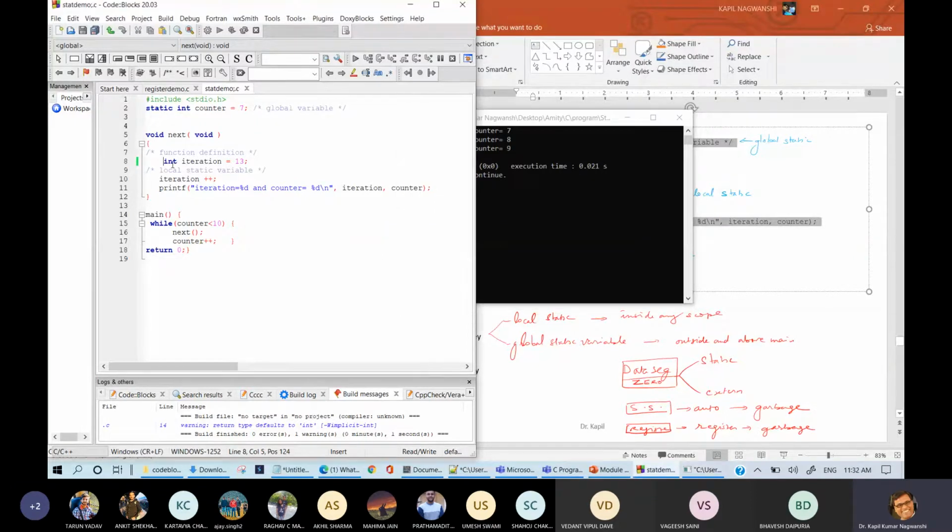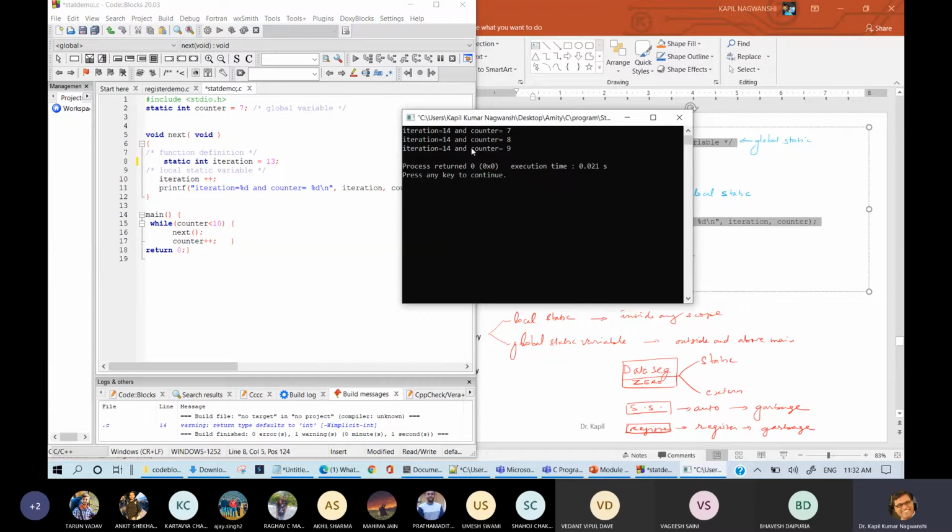Now to avoid such a thing, to retain this value, you need to write static. As soon as you write static, just see the output here. Fine. This is the output, and you can see that without static, each and every time it will print 14, 14, 14. And because static is written, 7, 8, 9 will be printed. If I am not writing static also, this will also print 7, 8, 9 because it is running under one loop.